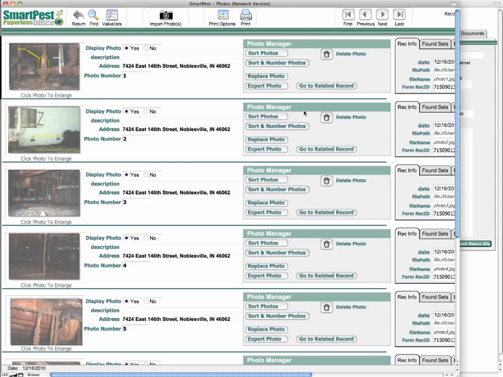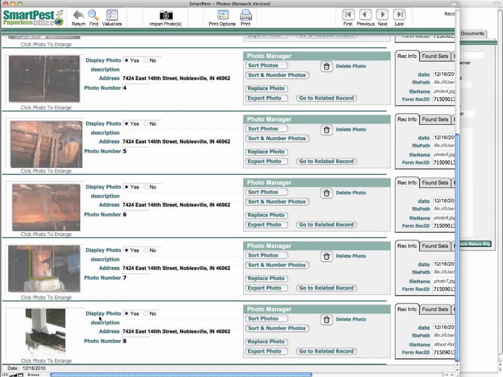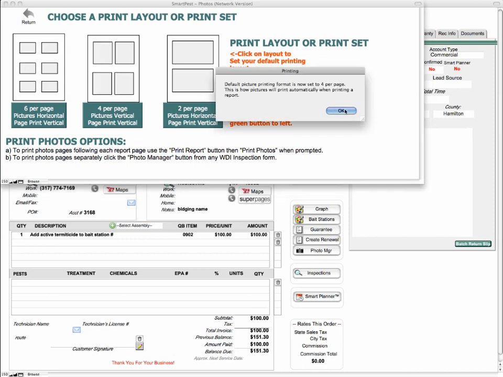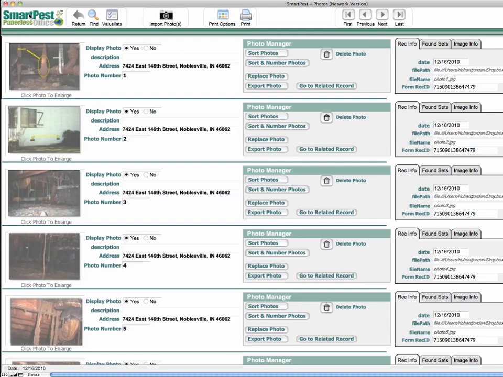Now, once your photos come in, we can have our address, and we automatically check the box that says that you want to display the photo. So now it comes down to a question of how many photos do you have, how many photos do you want to display, and you have an option. So we have 8 photos, and under our print options, we can have 2, 4, or 6 photos to the page. So since we have 8, click on that, return,